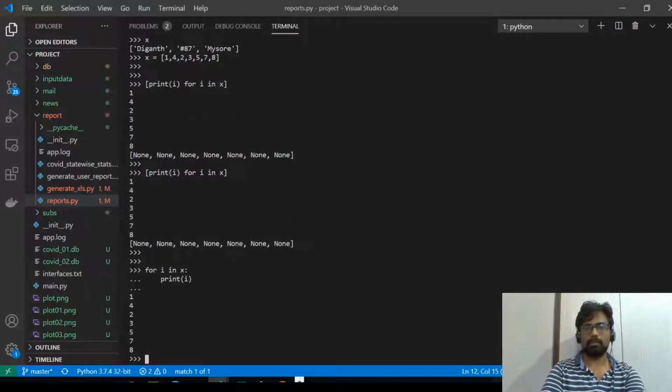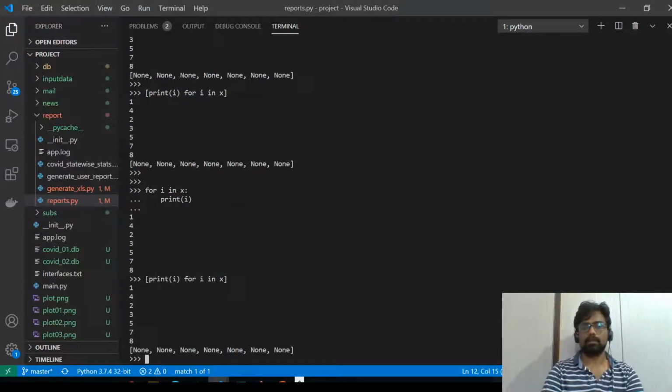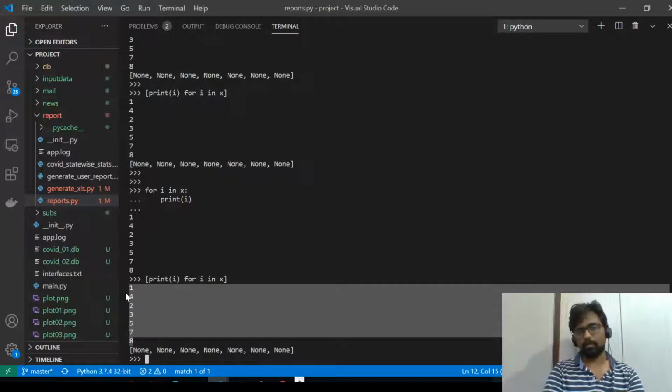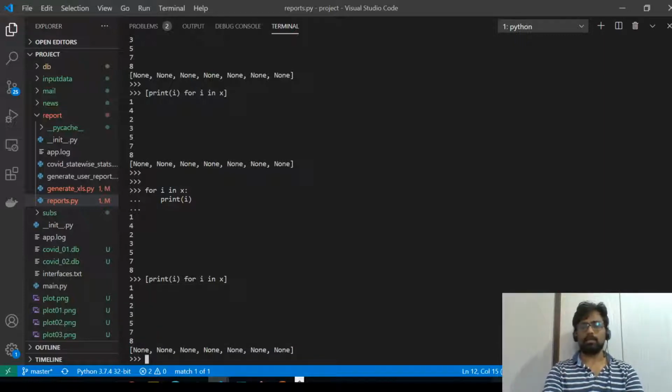So this is the program, and the shortcut is this one. So it returns also a list which is containing None elements. Don't worry about this, but this is how you can print. Okay, this is called list comprehensions.